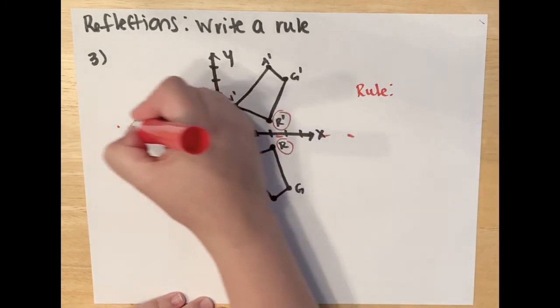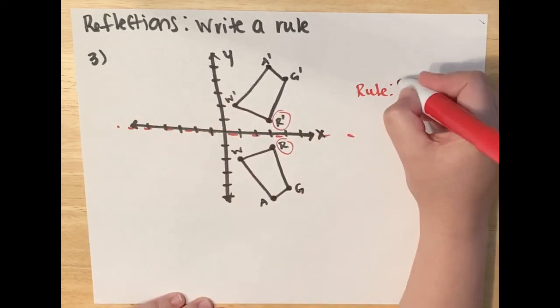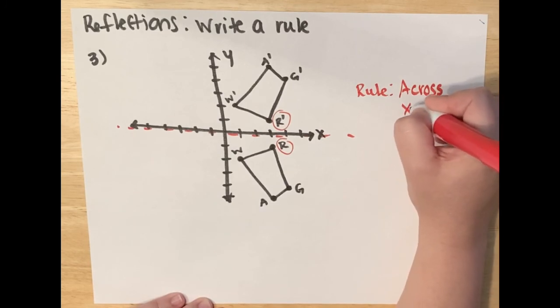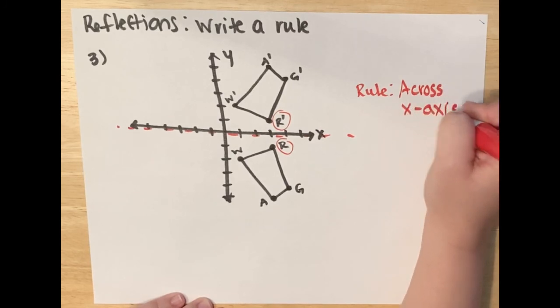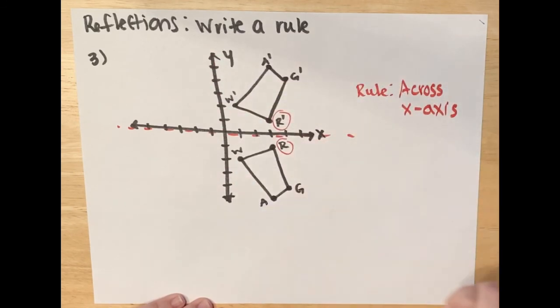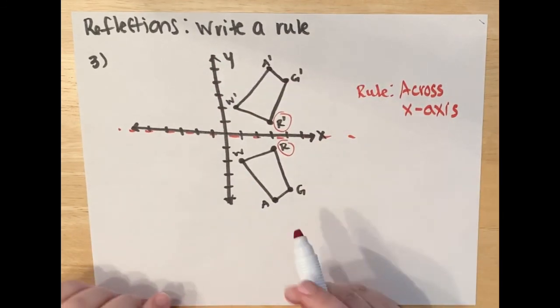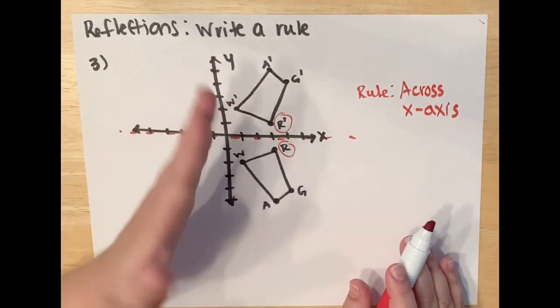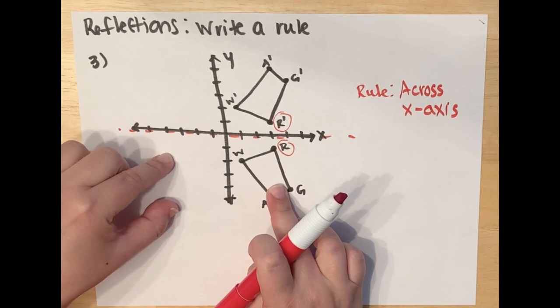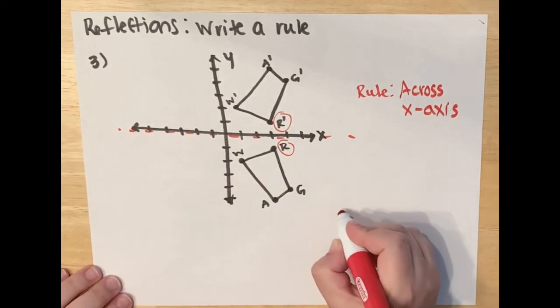So since I'm right on the axis, I say which axis I need to cross. So I want to go across the x-axis. If you had drawn a line on the y-axis, you would have said across the y-axis. That would be, if this had been the line of symmetry, this figure would have ended up over here. Also recall,